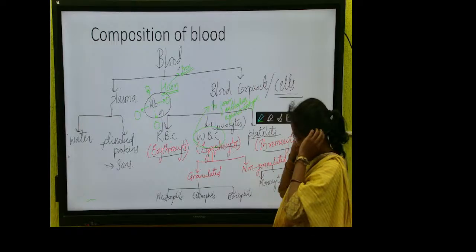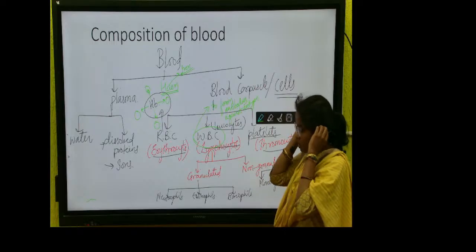Okay. So in the next class we will continue this. The function you can write